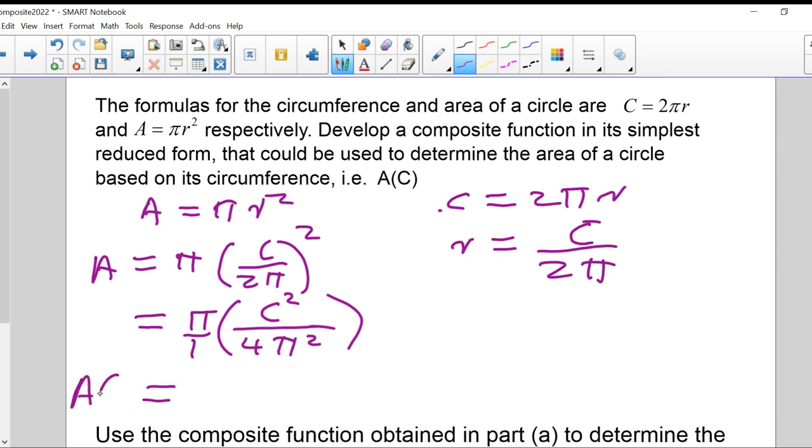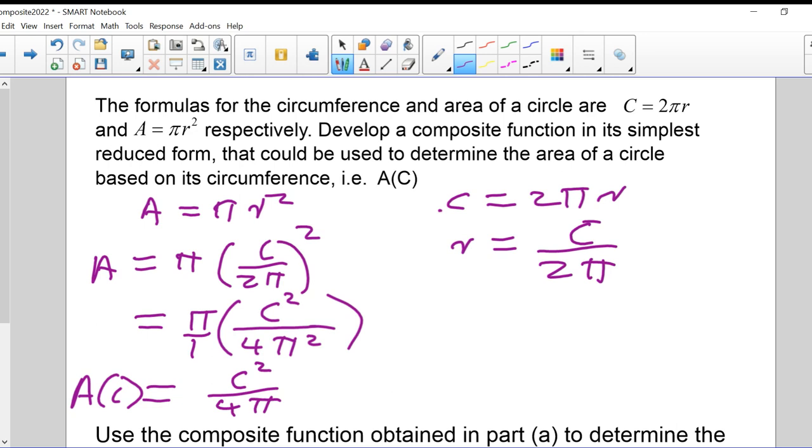And this function here is an A of C function. This function doesn't depend on r anymore, right? We've taken the r and we've kind of brought it out of the equation. So this works out to be C squared over 4 pi. C squared over 4 pi. What happened to the pi squared? Well, one of the pi's that was there before canceled out with that pi on the